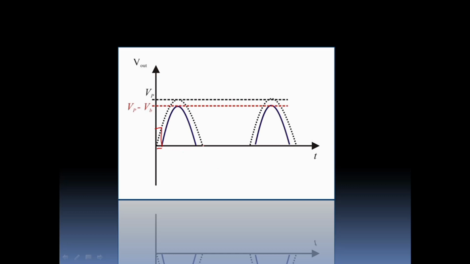The duration of a half cycle is 1 over 100th of a second, and the time taken to increase the input voltage from 0 to Vp is 1 over 200th of a second. Then you can imagine how short a time it takes to increase the voltage from 0 to 0.7. Therefore, this is also negligible. This time difference is negligible, this voltage difference is negligible. Therefore, we can consider the previous output voltage as the correct output voltage, but it is better to know there is a slight delay here.